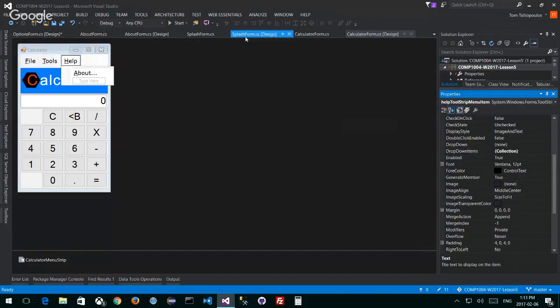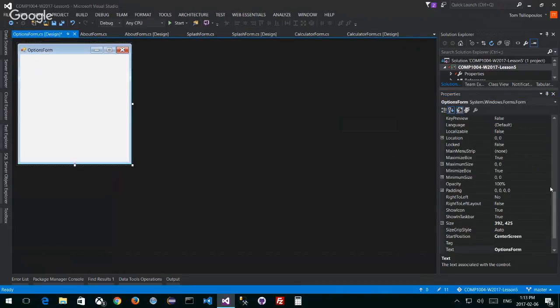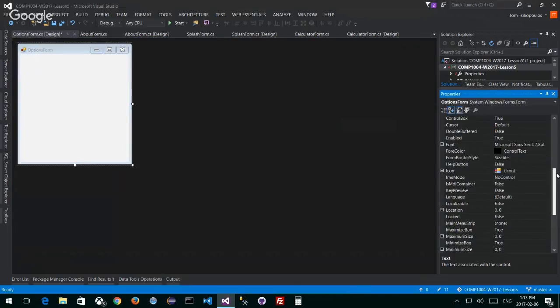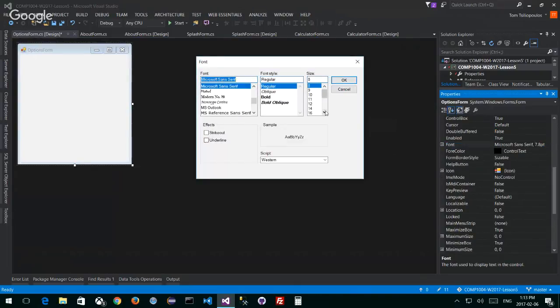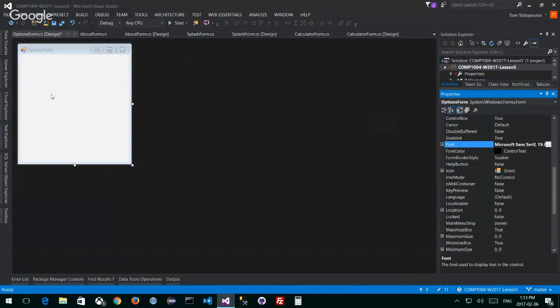All right, so we're going to choose my options form. And I'm going to choose the Microsoft default font, but I'm going to choose it at 20. All right, so it's going to be really big. There we go. And we've got that part done. I want to get rid of my